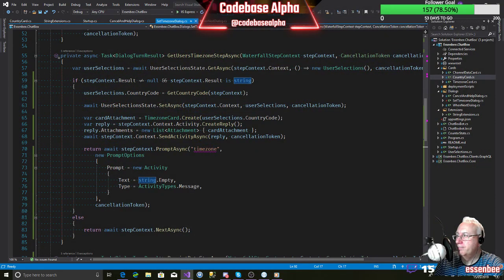So, Rambling Geek says custom action global binds a custom action to the bot so that it processes information or takes action without affecting the dialog stack. Use onSelect action option to customize the functionality of this action. So I don't understand what custom action or onSelect action is. I've not come across that. Okay.